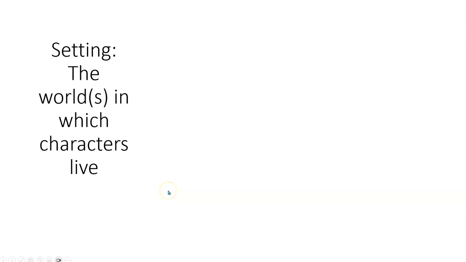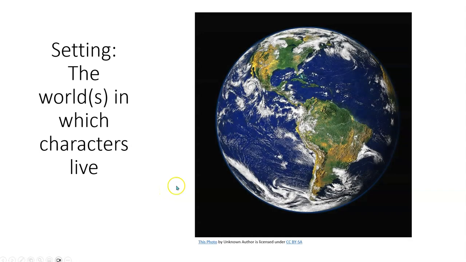Basically, when we're talking about setting, it's the world or worlds in which the characters live or exist. Now, the Earth is a big place, and a lot of stories take place on Earth, but they will take place in different locations. Having lived in different places around the world, including out of America, I can say the world is a very diverse place, and in some stories it can get even more diverse as we're talking about made up worlds, stories that are in outer space, or any number of things. So the setting can have a huge impact on the story and how we need to approach it.